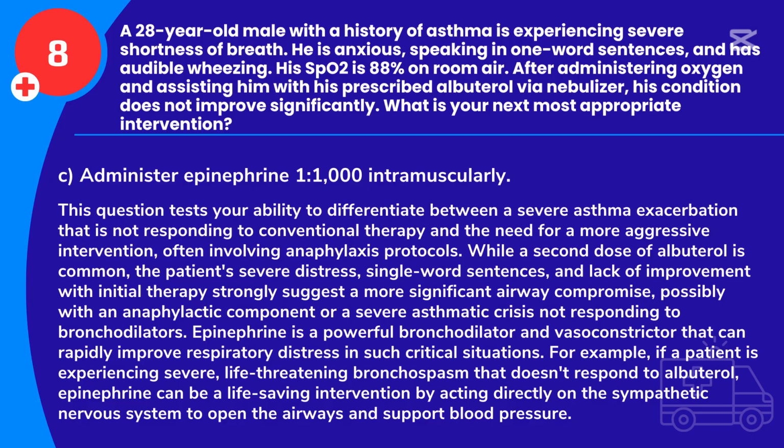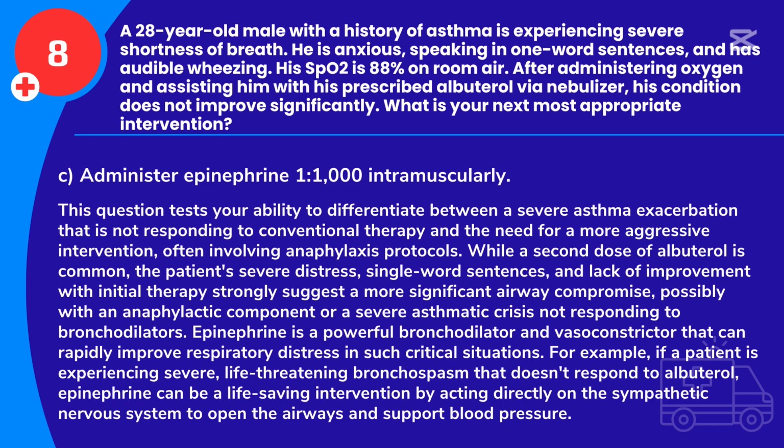Answer: C. Administer epinephrine 1:1000 intramuscularly. This question tests your ability to differentiate between a severe asthma exacerbation that is not responding to conventional therapy and the need for a more aggressive intervention, often involving anaphylaxis protocols. While a second dose of albuterol is common, the patient's severe distress, single-word sentences, and lack of improvement with initial therapy strongly suggest a more significant airway compromise, possibly with an anaphylactic component or a severe asthmatic crisis not responding